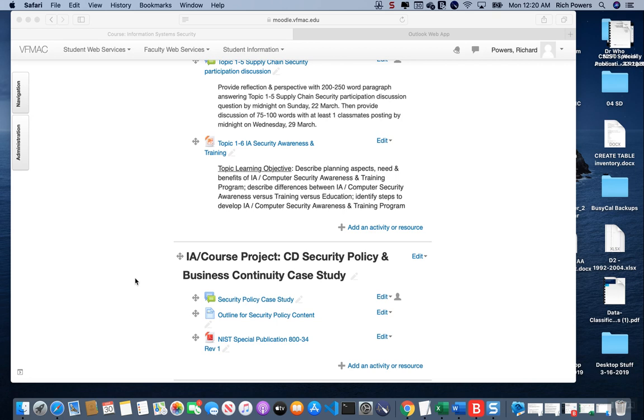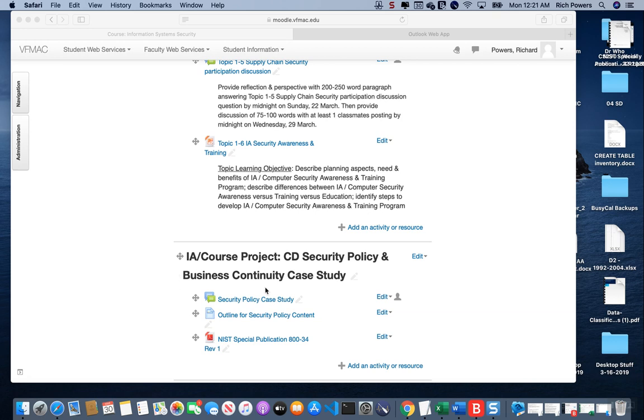Some of the backstory: we've described a base case study, basically for a school environment, and we're going to be putting together a security policy plan and a business continuity